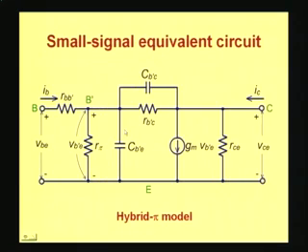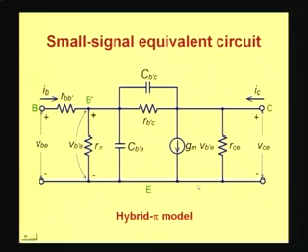Another small signal equivalent circuit which is often used, which works for both low and high frequencies, is the so-called hybrid pi model. The reason it is called pi is because of the shape of this particular circuit. So you can see that this arm together with this arm and this resembles the shape of the symbol pi. That is why it is called the hybrid pi equivalent circuit. So we will also show how this equivalent circuit can be derived.